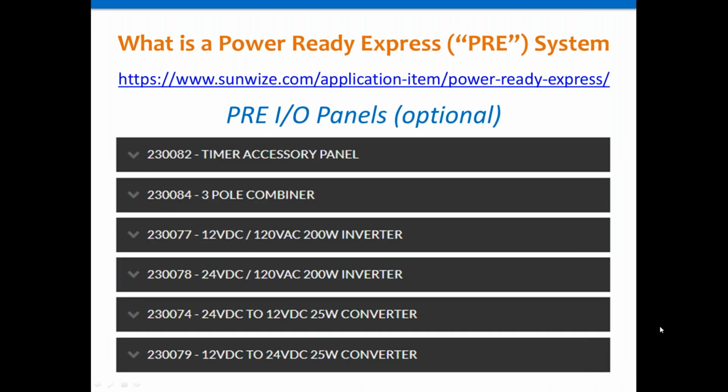So here are some of the Power Ready Express I/O panels that we'll be talking about briefly, and some of the features that they enable base Power Ready Express systems to function with. We have both 12 and 24 volt 200 watt inverter accessory panels. So for any AC loads below 200 watts, you simply combine the Power Ready Express system with either your 12 or 24 volt Power Ready Express inverter panel, and now you have a complete system that will support any AC